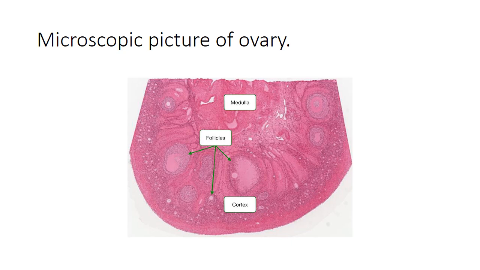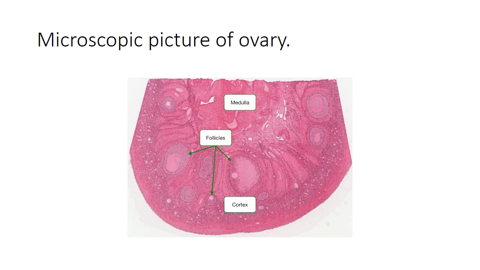So in this slide, and I will repeat it again, if we move from outside towards the inside, we will see a single layer of cuboidal epithelium which is called the germinal epithelium. Just below is the dense irregular connective tissue, which is actually the capsule of the ovary, called the tunica albuginea. Then moving inside, there is the stroma along with the stromal cells, collagen fibers, reticular fibers, macrophages and smooth muscles. And moving from the stroma towards the inside, we see the parenchyma.